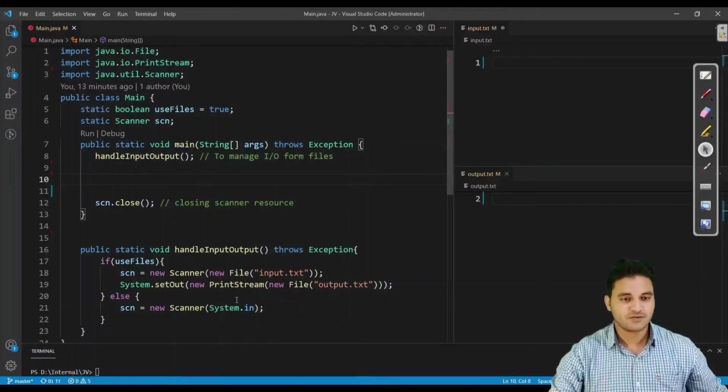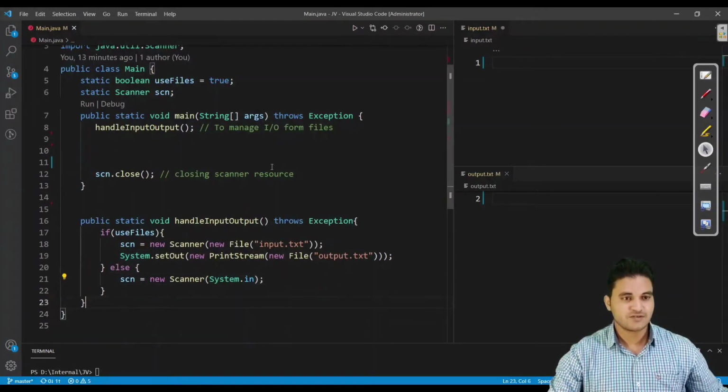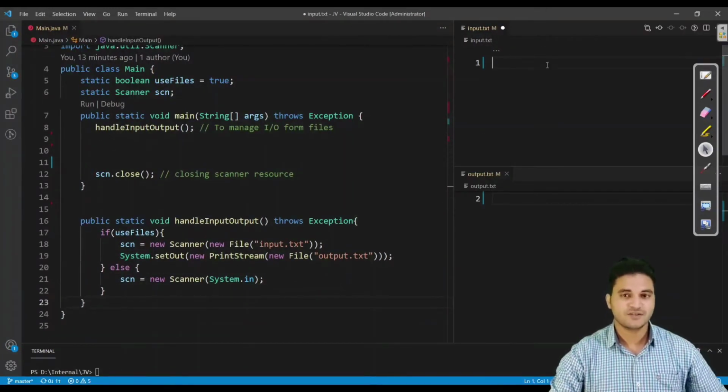Let me go through with the editor. This is the editor which we would be using in our entire DSA series. This is VS Code, and I already informed you that the language is going to be Java only. The structure for this is that I would be taking input from a file, which is this one, input.txt, and writing the output into this file. For doing these kinds of operations, I have to write this code.